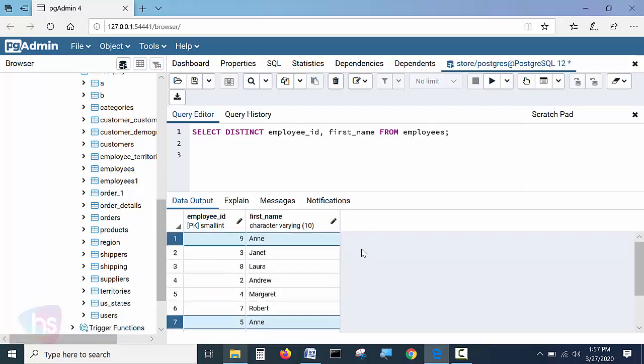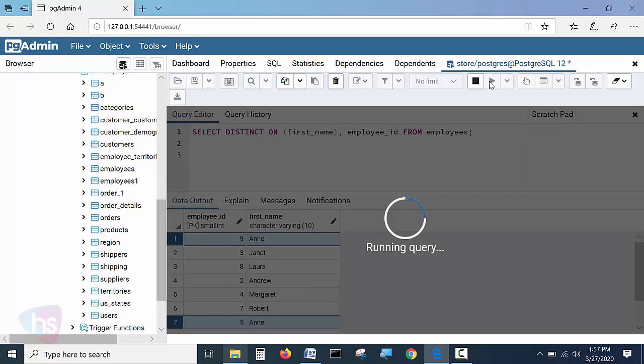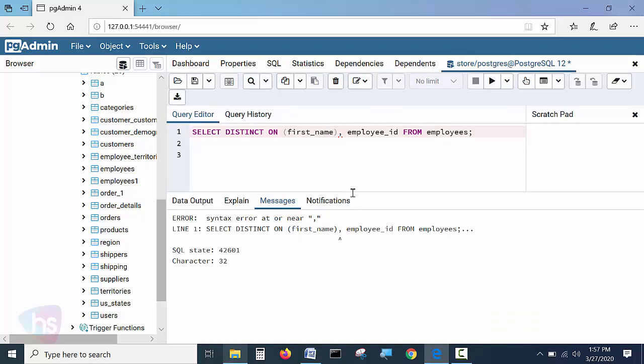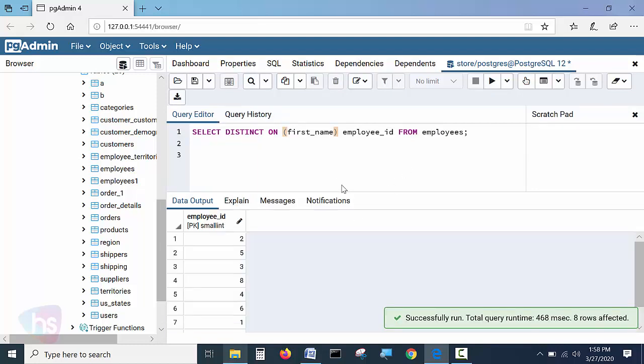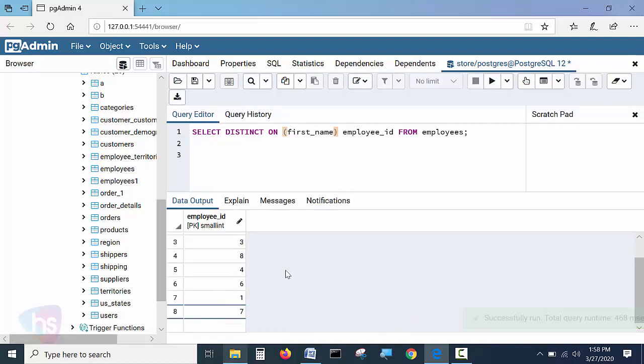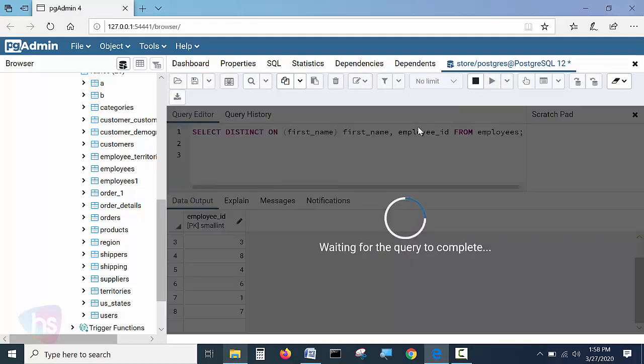Total 9 rows. Now what I can do is DISTINCT ON first name. I'll mention DISTINCT ON with parentheses, first name, and run the query. The DISTINCT result is showing 8. Let me check the data.